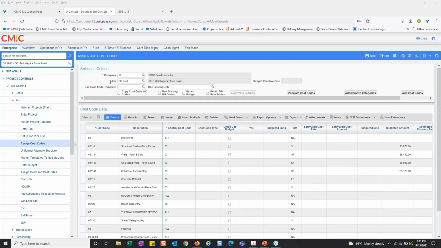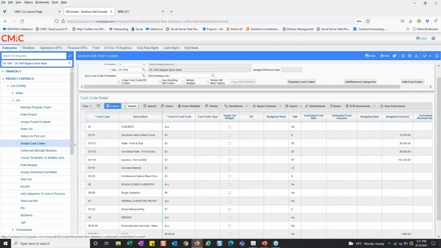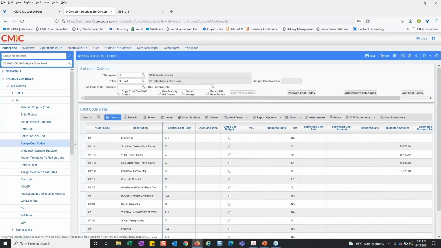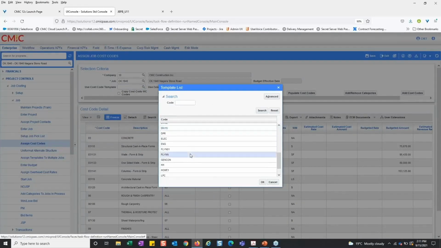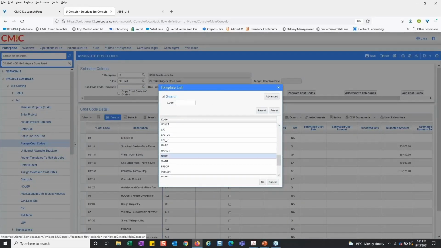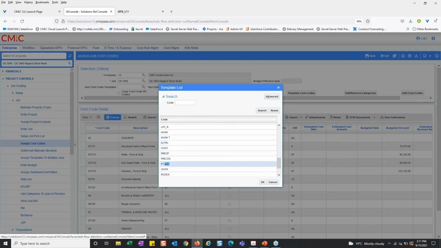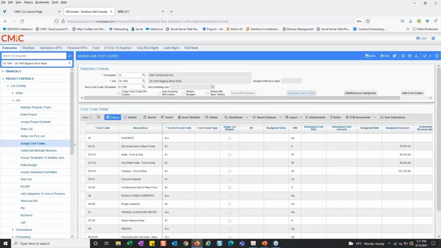So in this example, I've already created my job, right? Hopefully most of us are pretty familiar with creating a job in CMiC, and if not, we've got lots of good material on that. And right now I've already got the cost codes assigned, but to show this in action, I'm going to grab a cost code template here, scroll through my list, find the one I'm looking for,